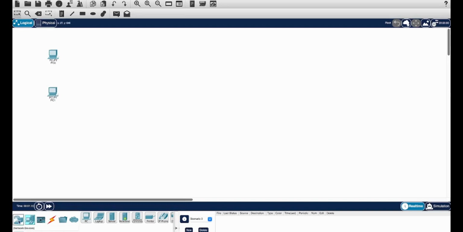So for this, go to network devices, and over here you go to switches, which is the second one over here, and just take whichever switch you want. The first one works perfectly fine, so take this one. So this is the 2960 switch. So these are actual devices which you can purchase from Cisco as well, but we are going to use them over here just for the sake of creating connectivity between devices. Now